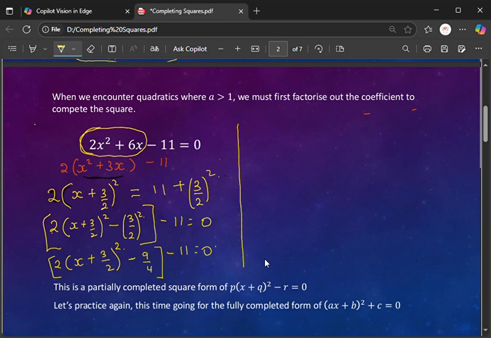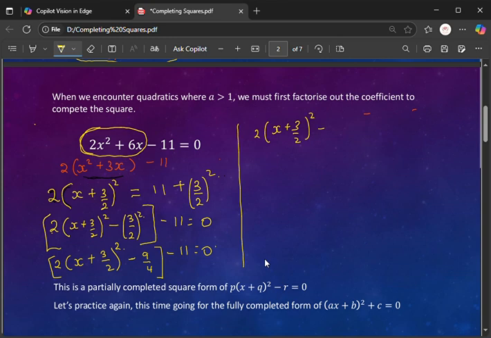So, continuing, we can now remove the brackets. We are going to remove the brackets, and now we have 2 into x plus 3 over 2 whole square